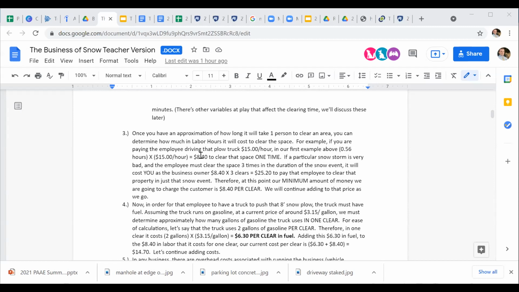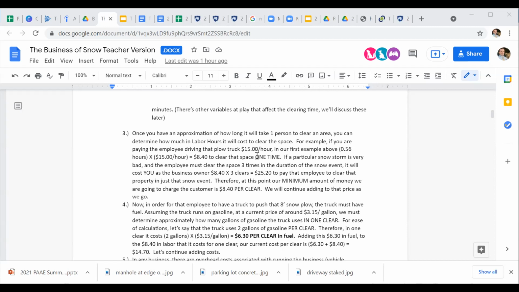it's going to cost you as the business owner approximately $8.40. Again, using a little bit over 30 minutes, you're going to end up paying about $8.40 in wages for that one person driving that one truck to clear that spot one time. Obviously, if you have to go back, with heavy snowfall going on for 10 plus hours, the person has to go back numerous times. You're going to need to multiply that by the number of times that person is clearing that